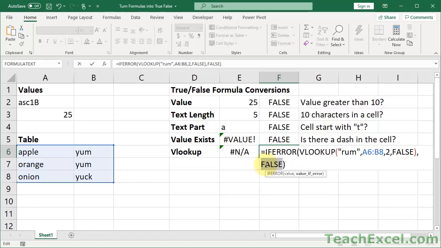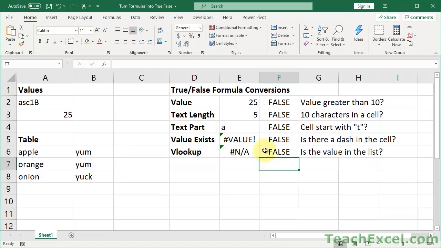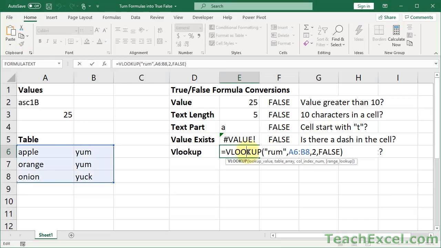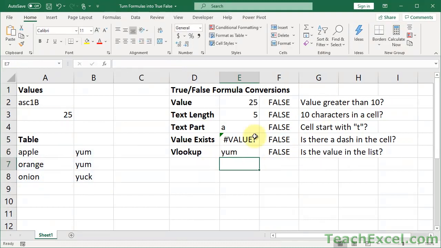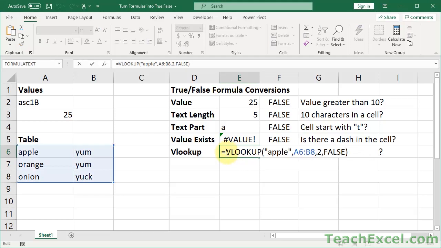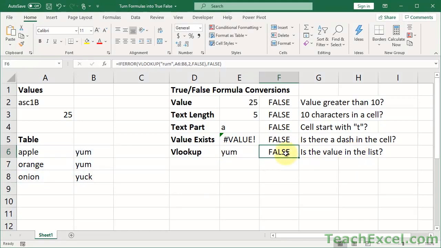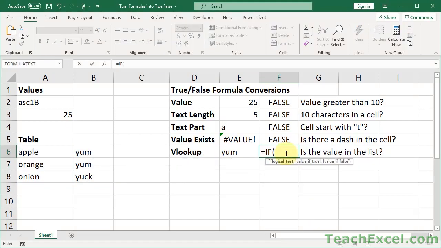What we're going to do now is make it return TRUE when it finds the correct value. So it works if there's an error, but let's make it work now as well. So let's make sure that we have the working VLOOKUP function copied. There we go. Let's go over here, and we are going to do equals IF. Now, all we want to do is see if VLOOKUP found something or not.